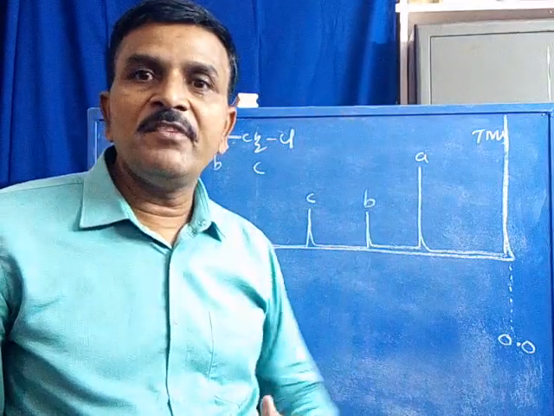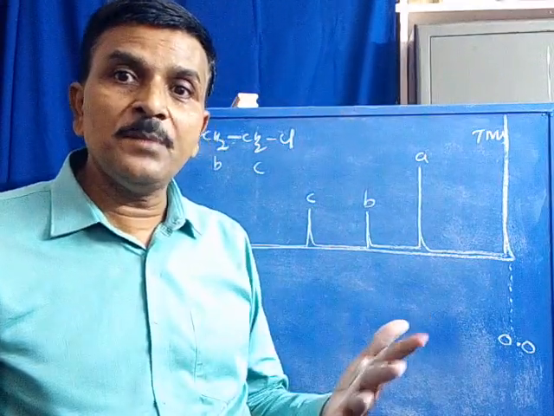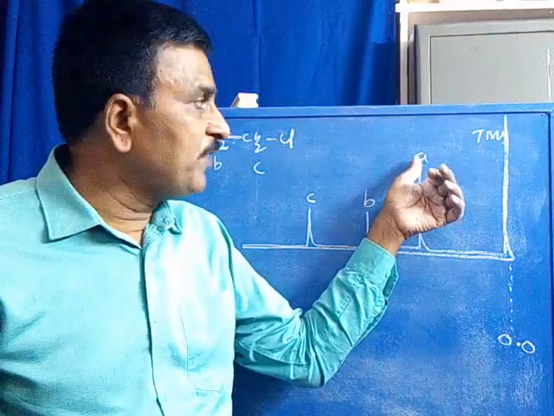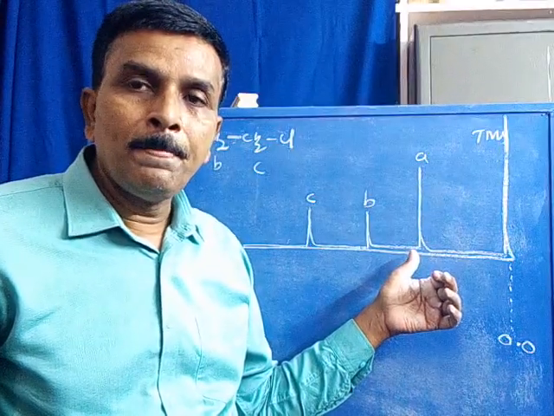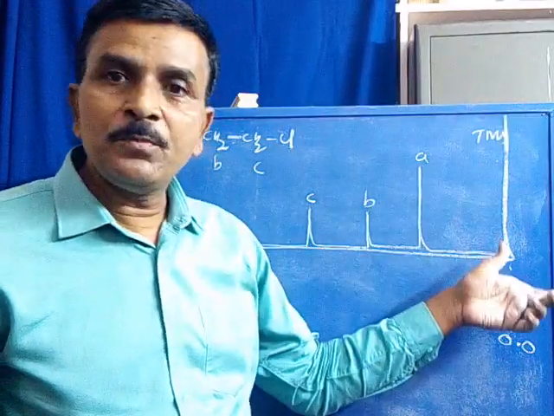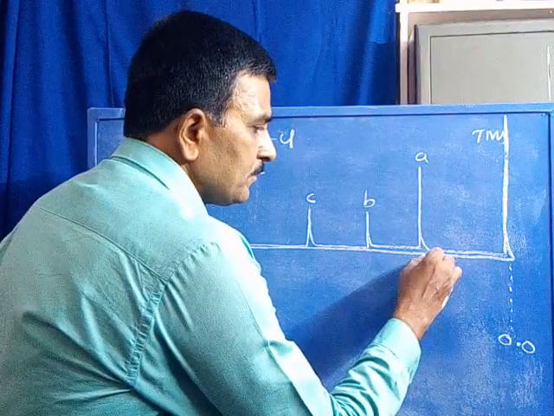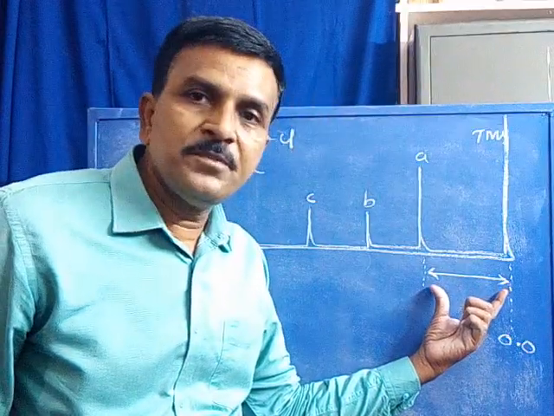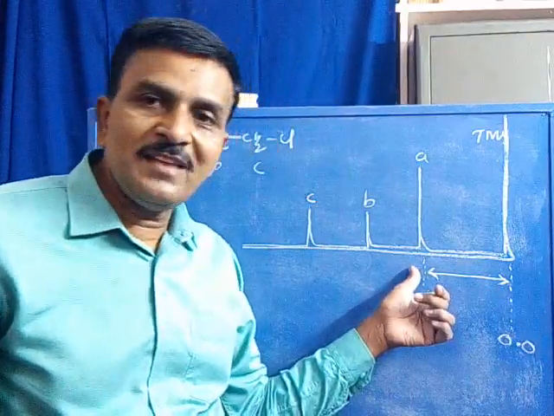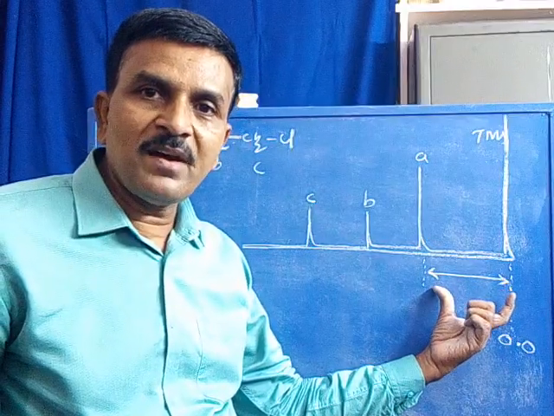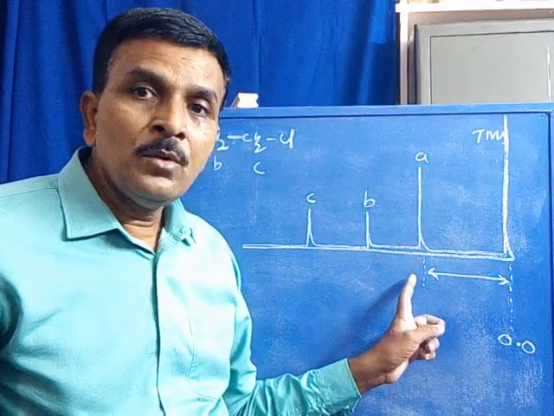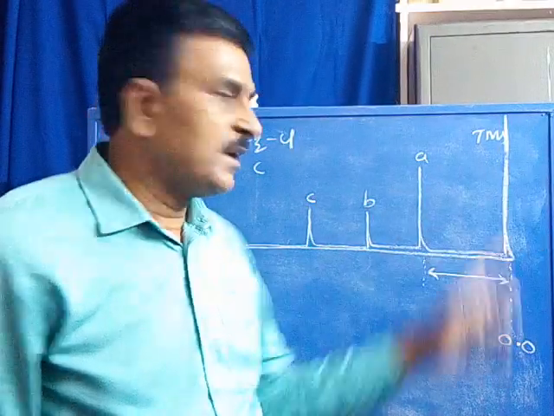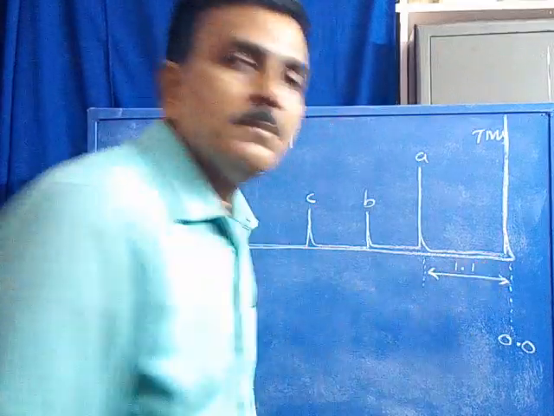Now the absorption frequencies are calculated by comparing with the absorption frequency of protons of the standard. Say, to get the absorption frequency of the A proton signal, we have to compare with the TMS proton signal. The difference in the absorption frequency of the TMS signal to the A set of protons is measured by the process of comparison. We have to predict the difference in the frequency between the A proton signal and the TMS signal. Say, for example, it is 1.1.